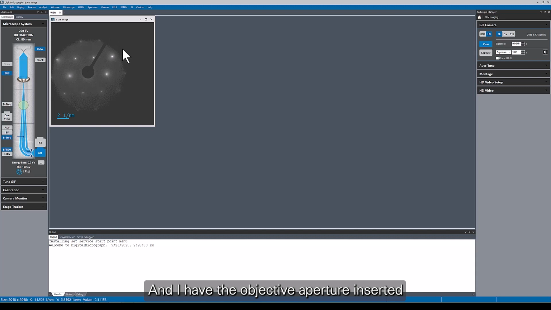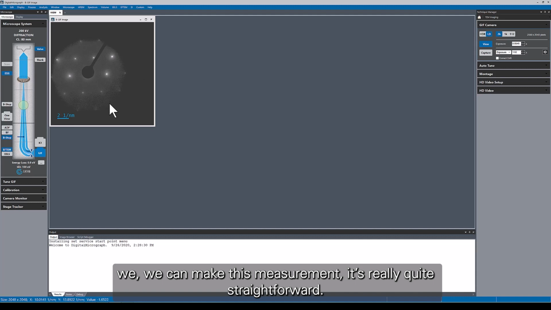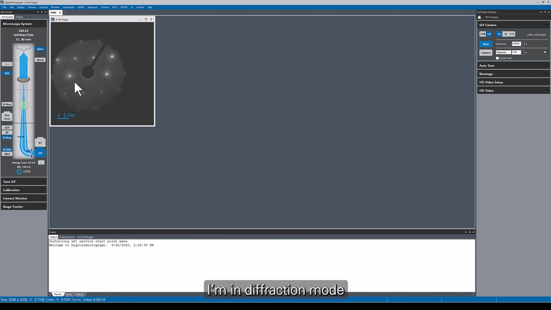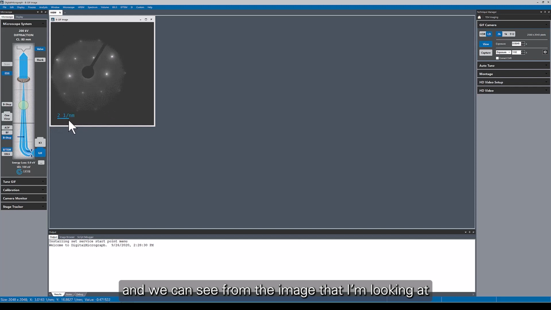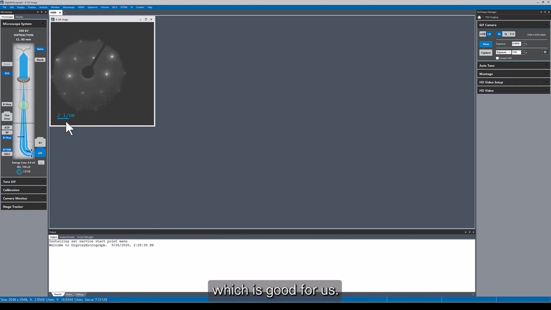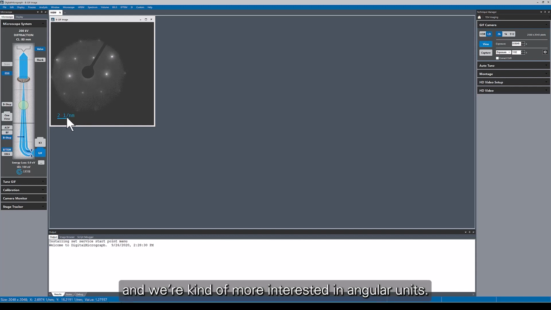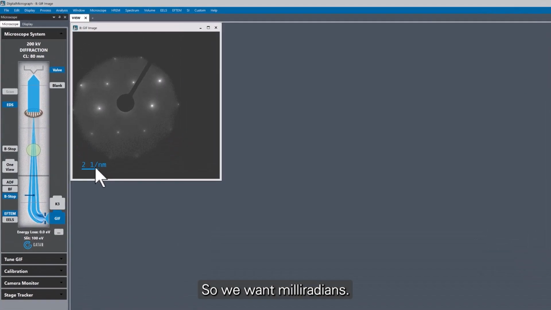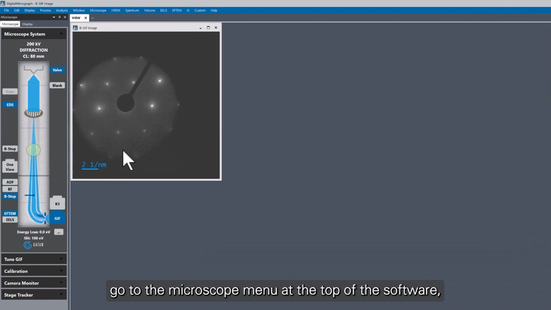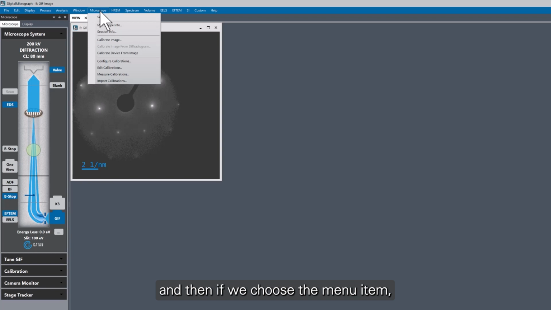And I have the objective aperture inserted. The way that we can make this measurement is really quite straightforward. I'm in diffraction mode, and we can see from the image that there is a diffraction calibration that has been done for the software, which is good for us. At the moment, it's in reciprocal space units, and we're more interested in angular units, so we want milliradians. If we go to the microscope menu at the top of the software, and then choose the menu item called Configure Calibrations,